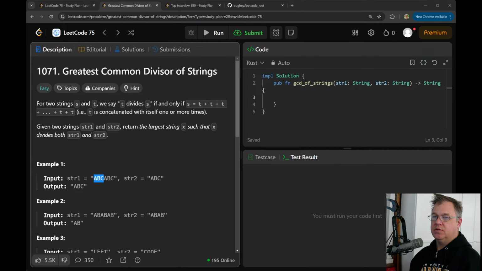Let ranges equal ranges.map max, and we're going to return from 0 to max. I might be off by 1 here, but I'm going to work that out in our tests.